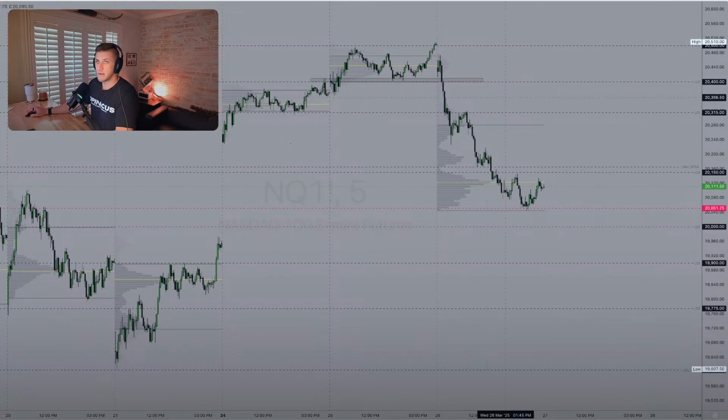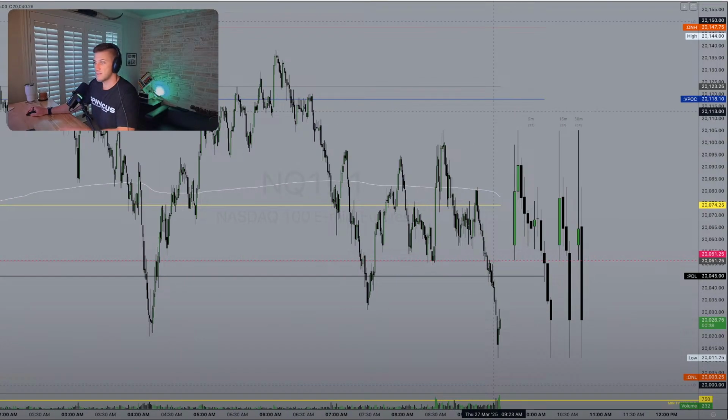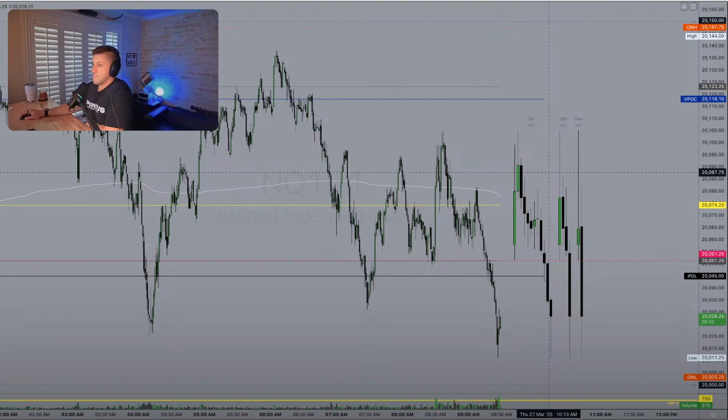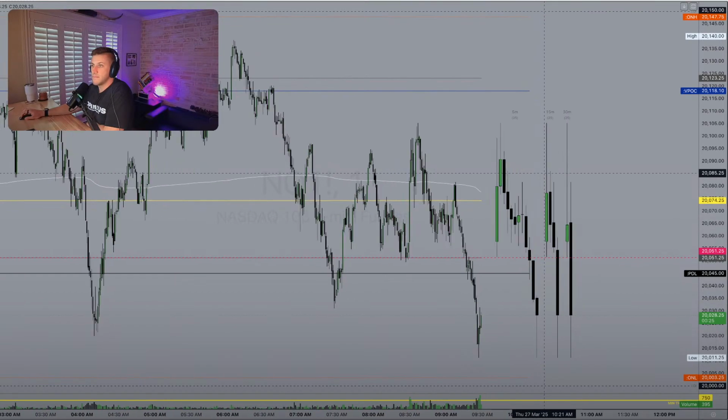We've got the open here in about 30 seconds. Let's see what we're going to be working with. Overnight low, just about 20K. So let's see.